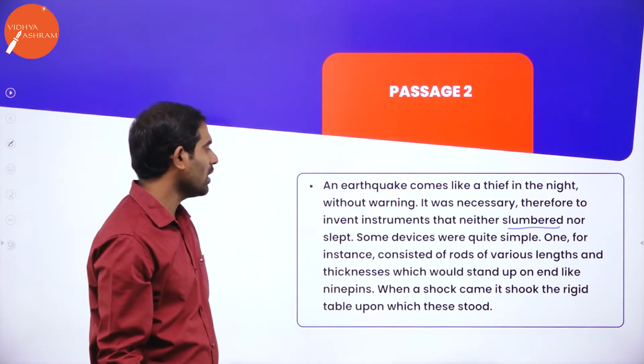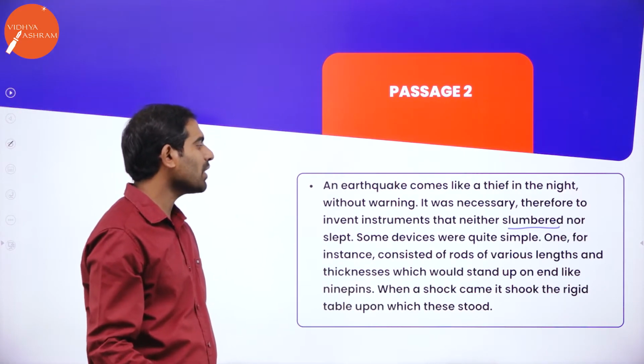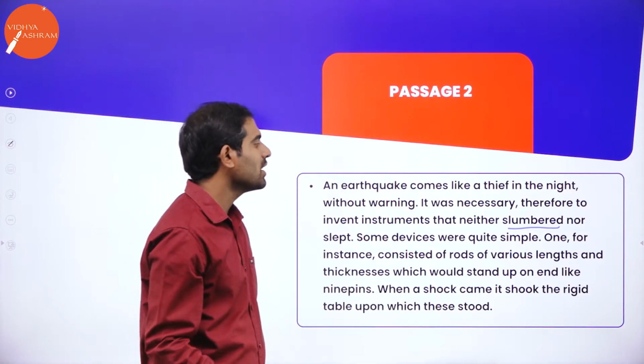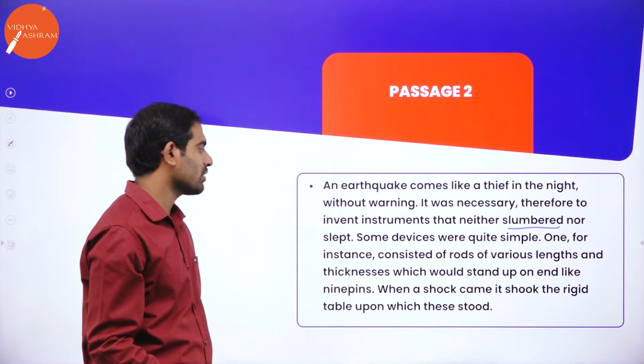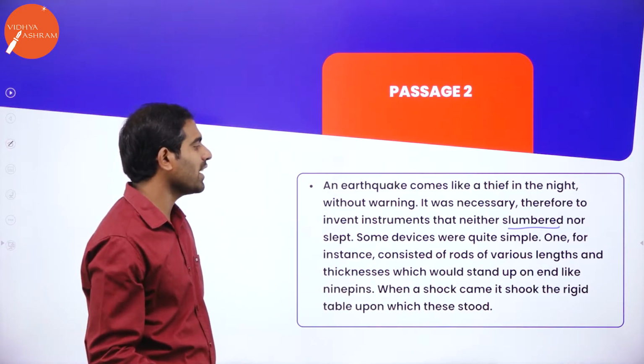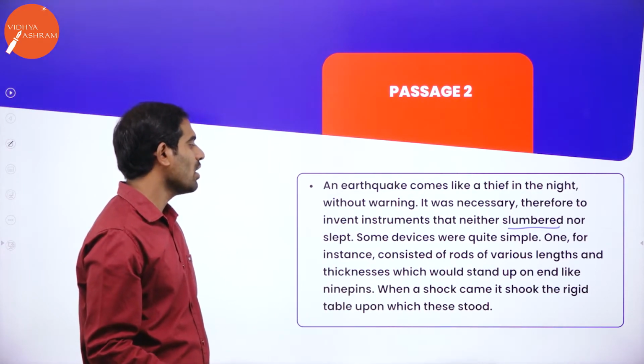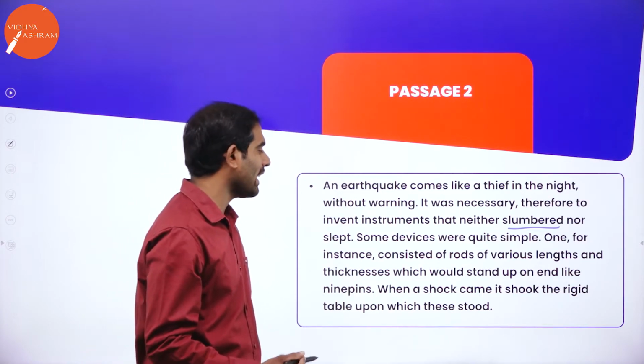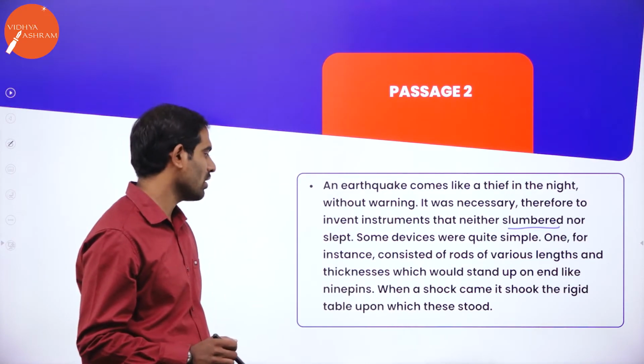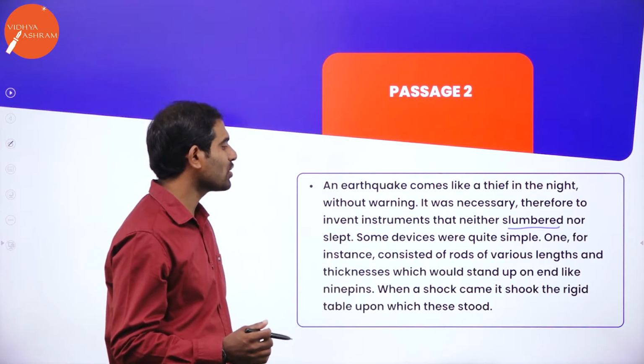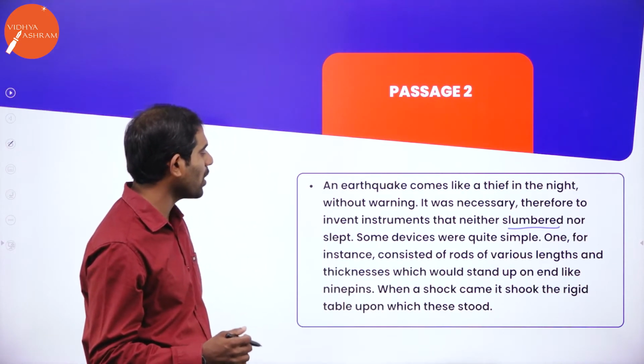Some devices were quite simple. One, for instance, consisted of rods of various lengths and thicknesses which would stand up on end like nine pins. When a shock came, it shook the rigid table upon which these